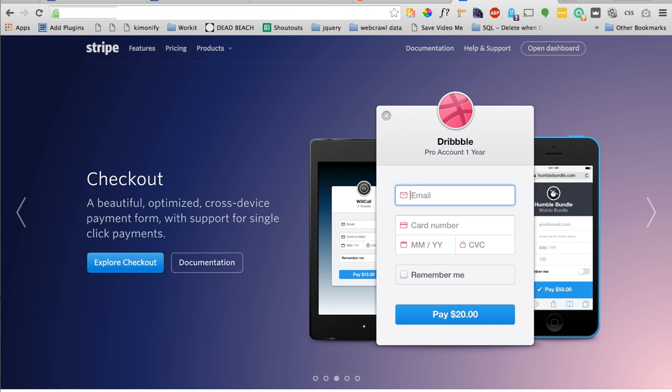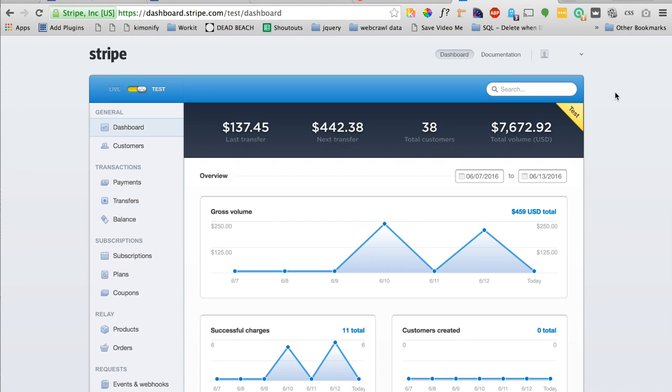So you can see here's Stripe's website, and if you don't have an account, it's really easy to sign up. It only takes a minute. I already have an account, so I'm just going to open my dashboard. Okay, so you can see we're in the Stripe dashboard, and all you have to do once you create your